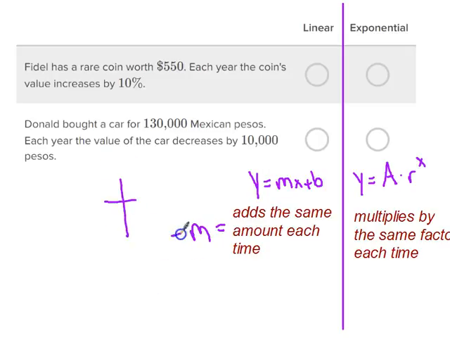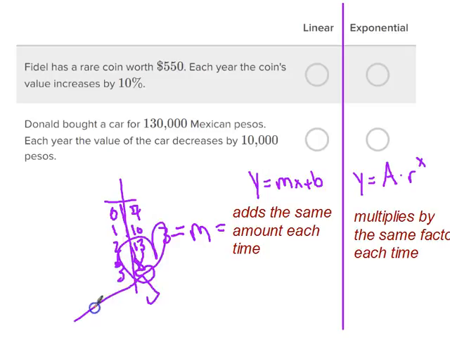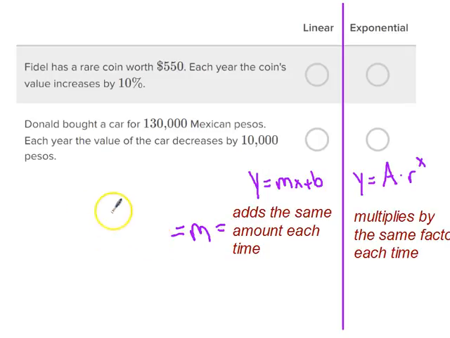So if m, for example, were 3, it would mean that every time x increases by 1, then y would increase by 3. So it starts at 7 and it would increase by 3 every time. 13 and